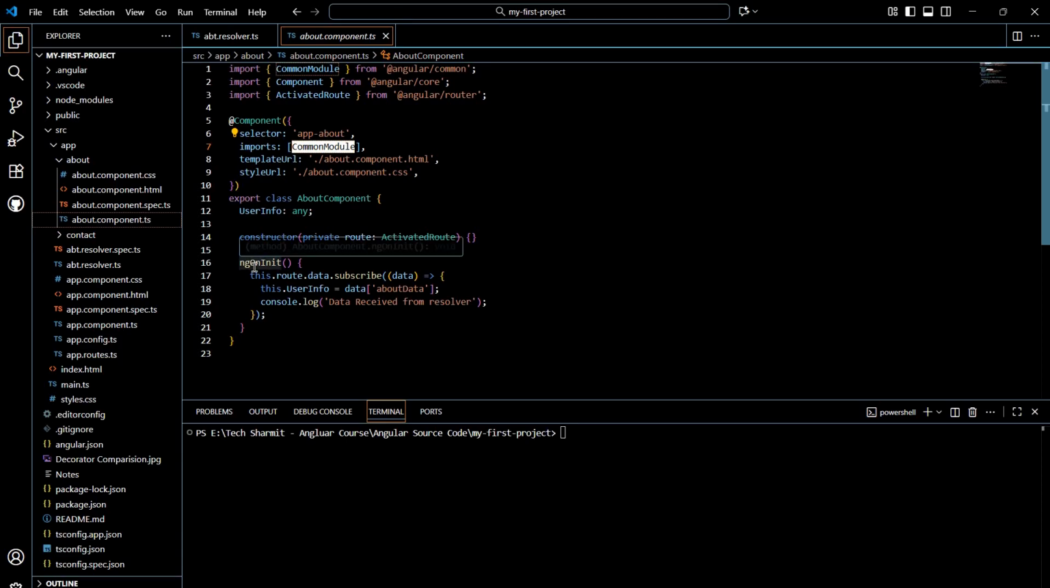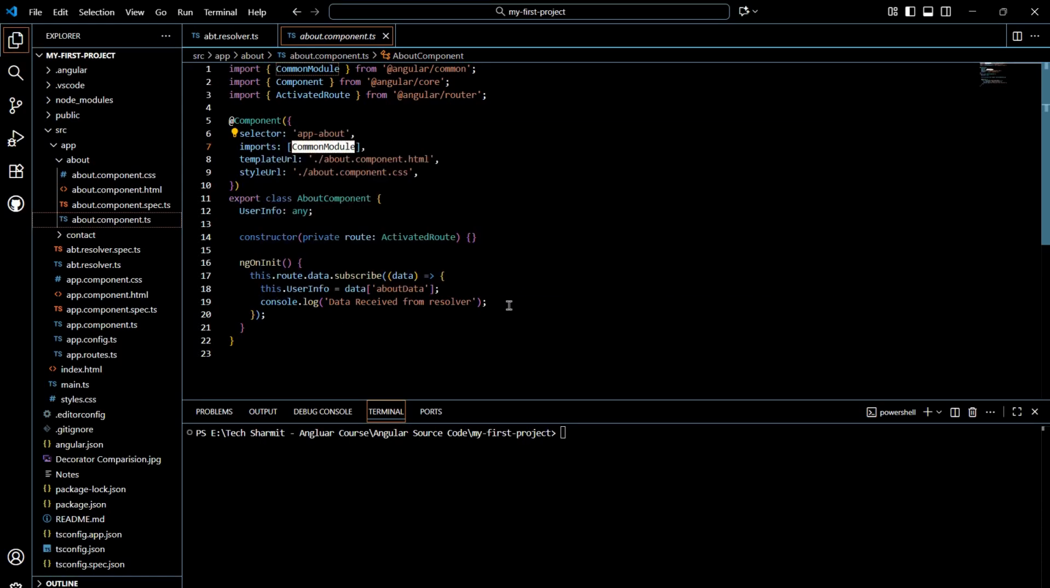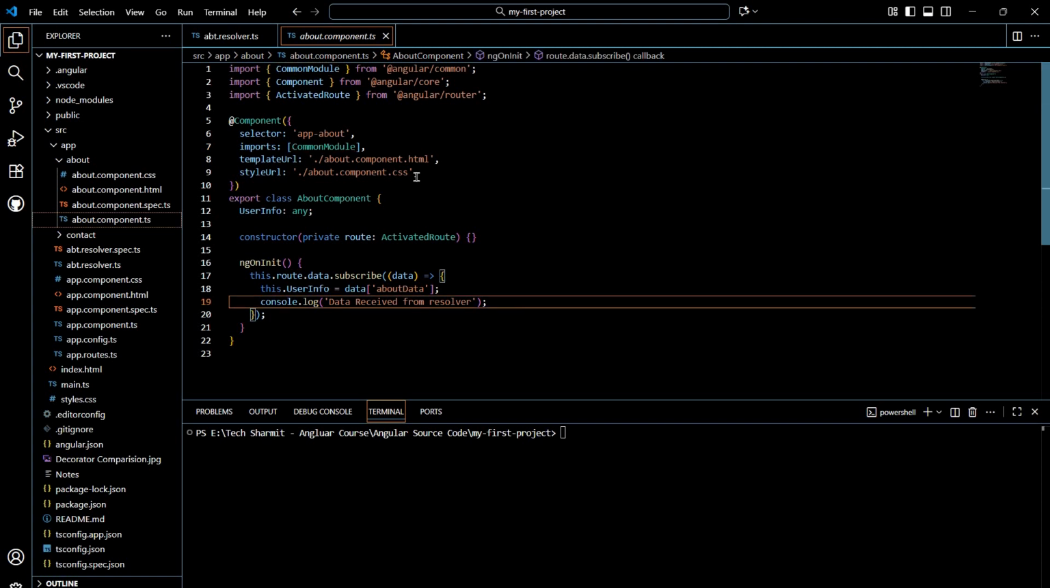Okay, then we have defined this ngOnInit method, which has this.route.data.subscribe, and then data, you have to follow the same structure. Okay, this.userInfo = data['about'], and then we will print one console message, that is console.log('Data received from resolver'). Okay, so these are the data and the information that we have in the component